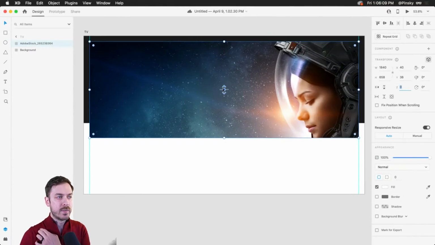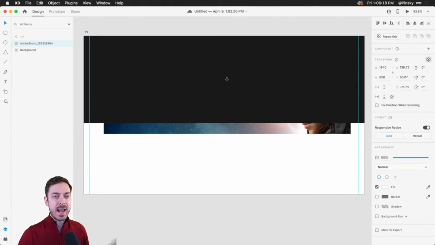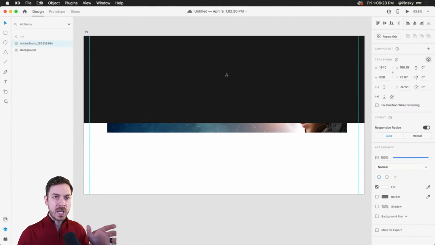So what that's going to do is if I grab the handle in the middle of this particular rectangle and pull it forward, it's going to bring it forward towards me, right? And I can pull it backwards. And you're going to notice, because we have that shape back there, which by default has a Z depth of 0, it pushed it behind it.